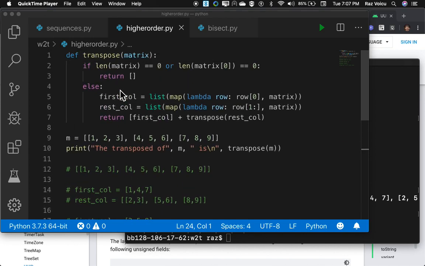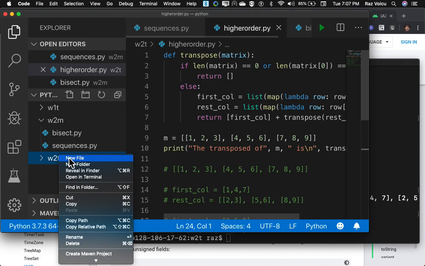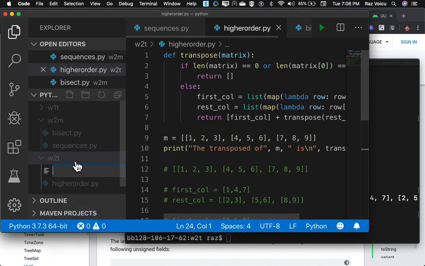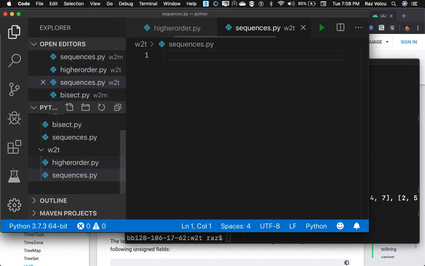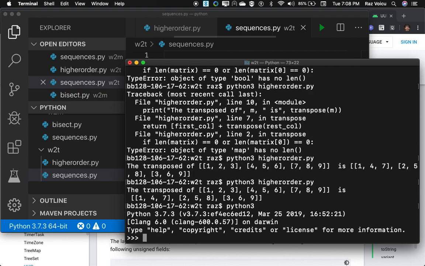So the next thing that would be interesting to do is work more on sequences. I'm going to have a new file. I'm going to call it sequences.py. And again, let's look at something that we already have, but we want to do our own version just to learn how to code. Okay, so if I have a list,